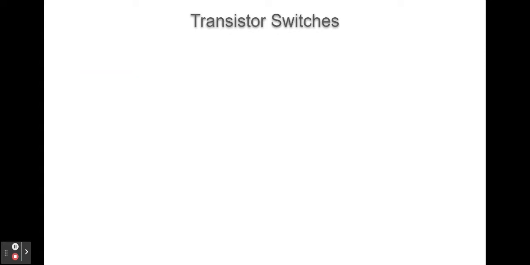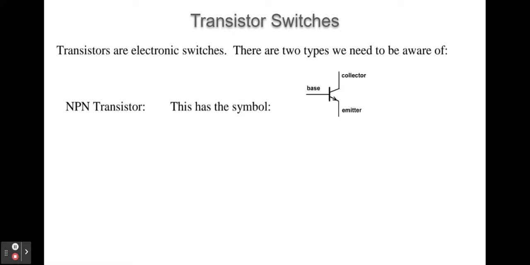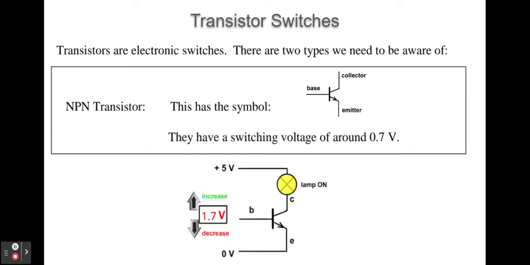So we need a device that is an electronic switch. This is called a transistor switch. There are two types that we need to be aware of. First of all, the NPN transistor. It has the symbol like that. And they have what's called a switching voltage of 0.7 volts. What does that mean? Well, if we connect them in a circuit,